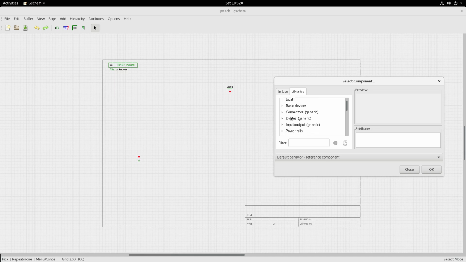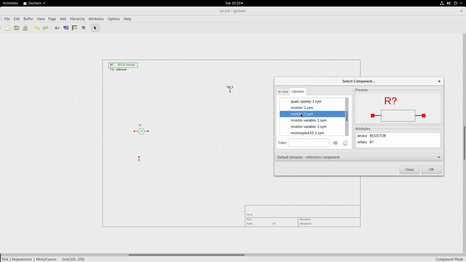Next, we choose the basic devices library and open it up, and then we need to choose a few components from here. One of the components we need is the current symbol for the photocurrent. Then we need to choose resistors, because the PV model has resistors in its circuit model. Resistors, there are two symbols. I would prefer the box type symbol,